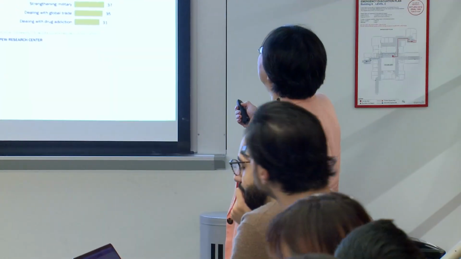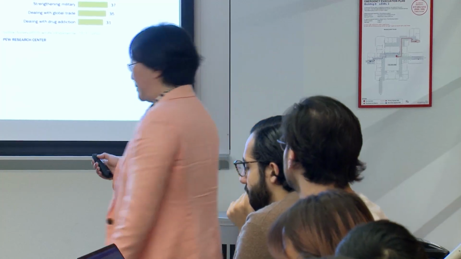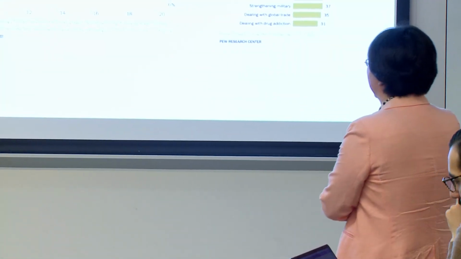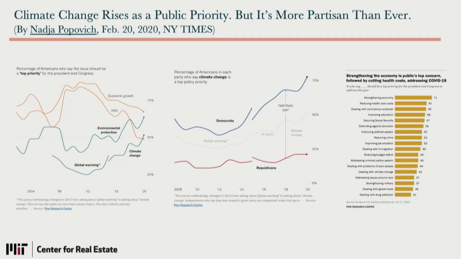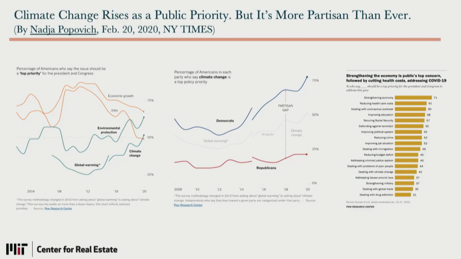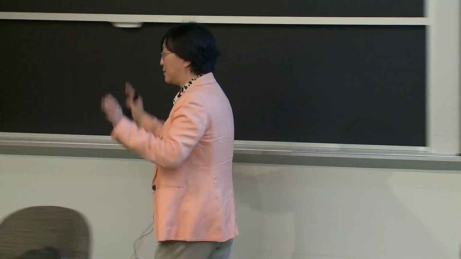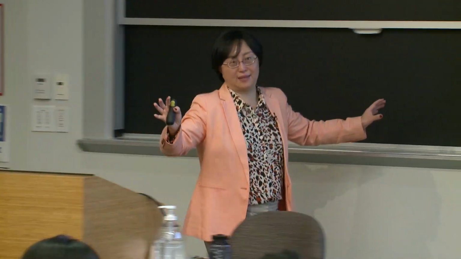And then here is after COVID-19, this is recent, 2022, I got this yesterday. So now strengthening the economy is number 1, because now we are in a very, very important moment for economic growth. The inflation is so high. So, reducing healthcare costs or something like that. And let me see, where is global warming? Yeah, here. It's very small, but global warming is here. So you can see it's not always a priority, and it changes over time. So that's dynamic.